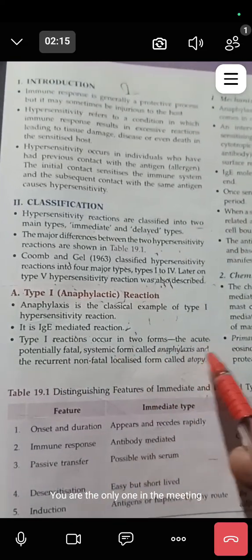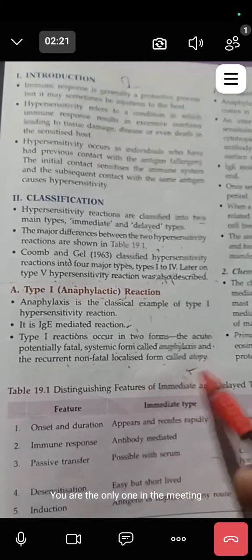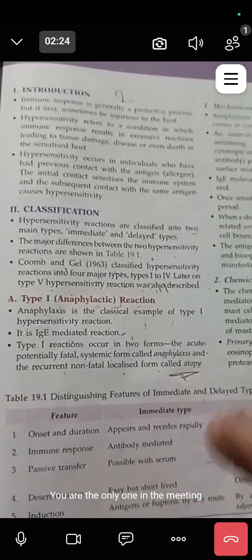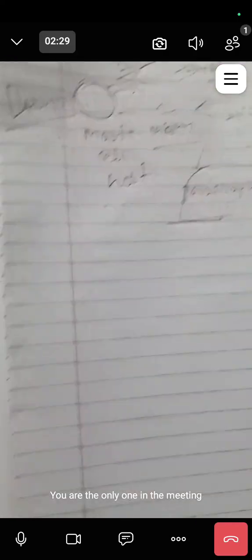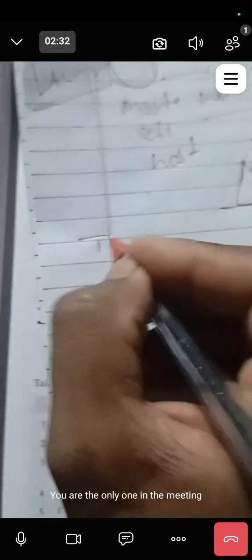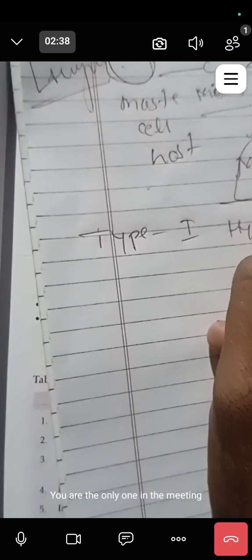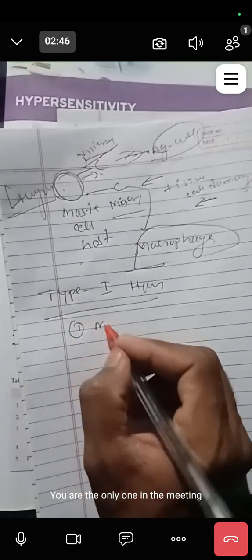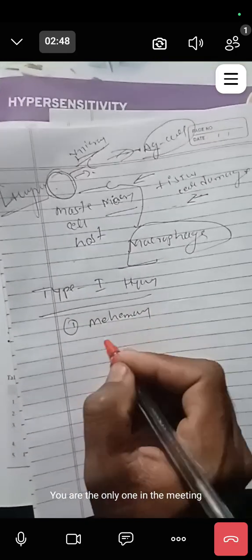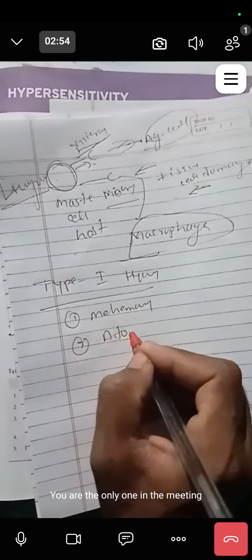The type 1 reaction occurs in two forms: the acute fatal and systemic form, called anaphylaxis, and the non-fatal localized form, called atopy. This is type 1 hypersensitivity, which is then classified into three types. First one is anaphylaxis, second one atopy, and third